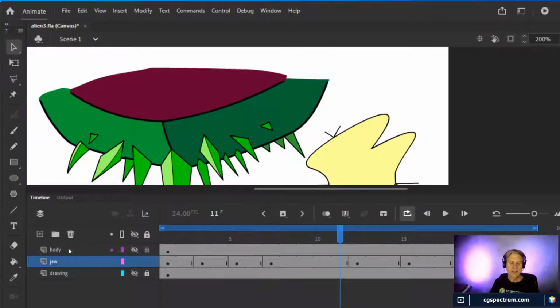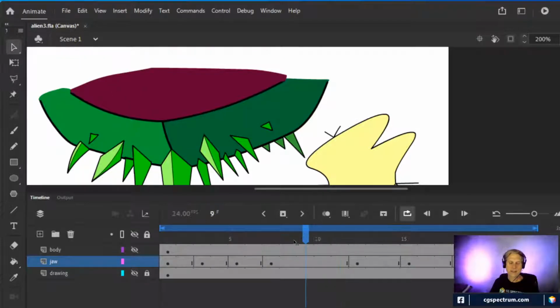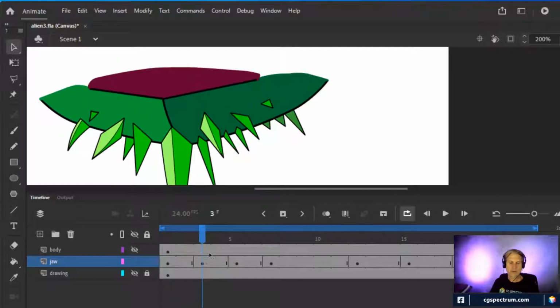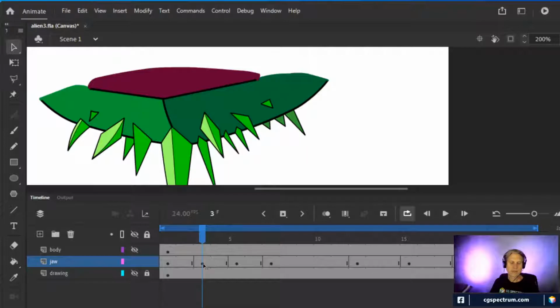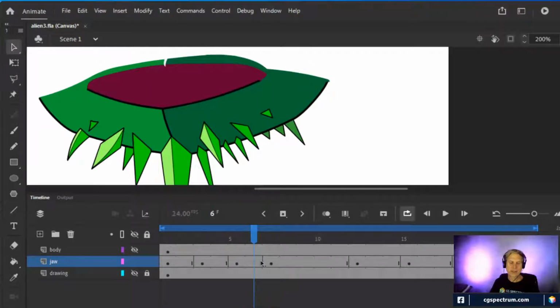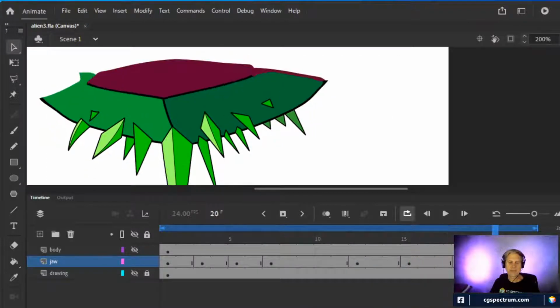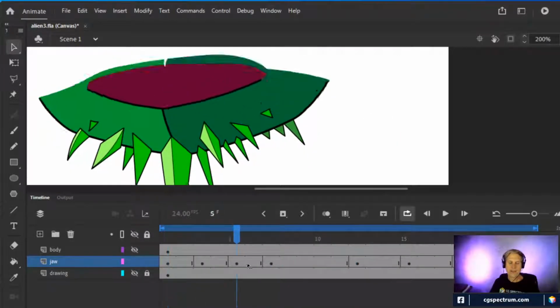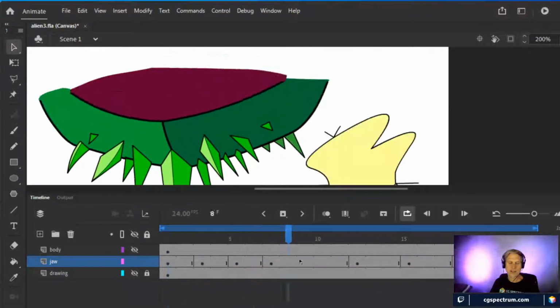But remember, I didn't have to worry about where it terminated because I knew that it was going to be hidden by the upper mouth. So I just went in and messed with the mouth that I'd drawn on frame 1. On frame 2, I made it a little lower, a little bit wider, and then just kept going like that until I had enough where the mouth is going down, and then I just reversed it for the mouth to come back up. The timing's, I think, the same. It's the same amount of frames to go down as it is to go back up. Not a lot of thought put into it.